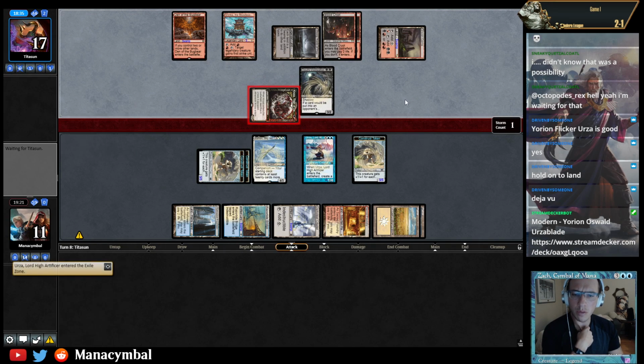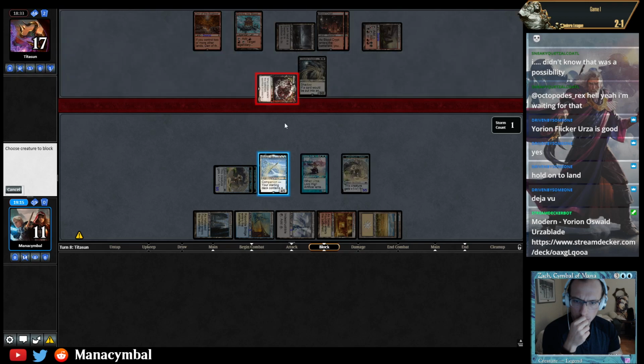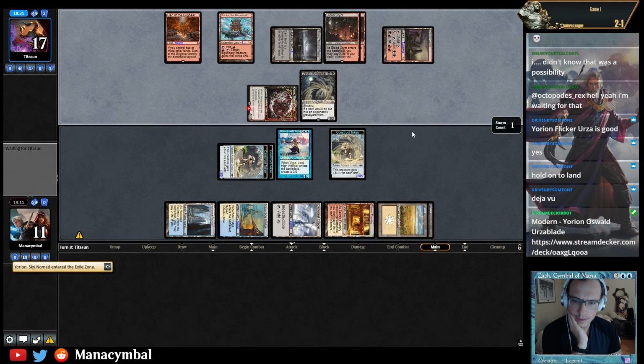So I'm going to call what we're doing here chump blocking. Yeah. There's no shot that I double block. The blowout's too big. They drew double K command this game, so I'm really not gonna be fussed about it. And they stole my Relic of Progenitus, which means I couldn't get